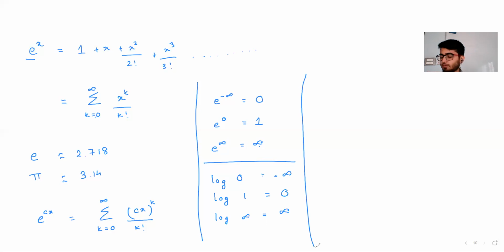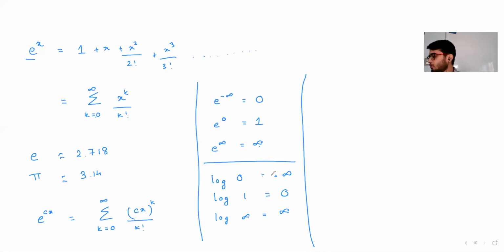You can get comfortable right now, logically why this would make sense, why this would not make sense. When it comes to solving on the day of the exam, these results should be taken as they are. On the day of the exam, you should not be thinking why log 0 is minus infinite. The time to think about it is right now, definitely not on the day of the exam. So these are the properties of log.